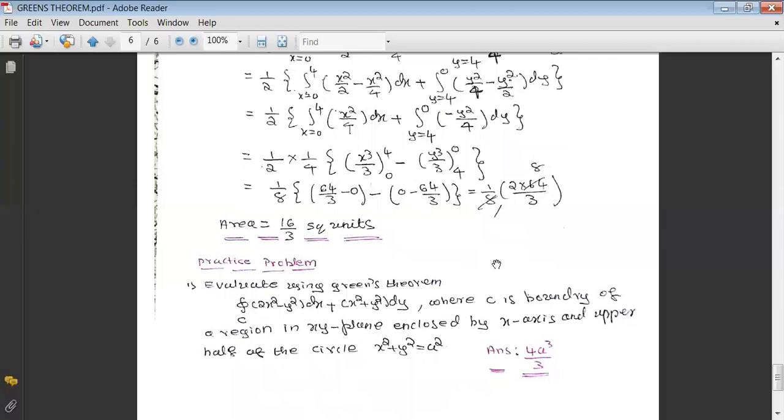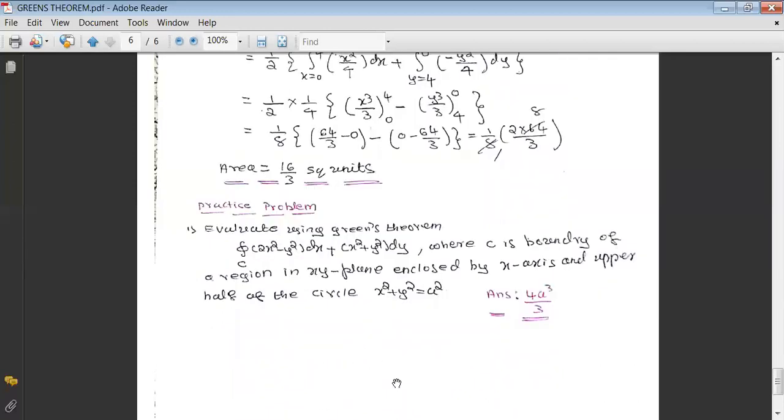Try to evaluate this one example, and the example is like this. Evaluate using Green's theorem the integration over the closed curve of (2x square minus y square) dx plus (x square plus y square) dy, where C is the boundary of the region in the xy plane enclosed by the x-axis and the upper half of the circle x square plus y square equals a square. Try to evaluate this one. Evaluate means you can calculate